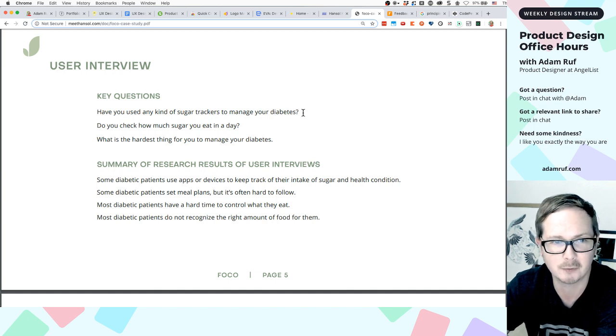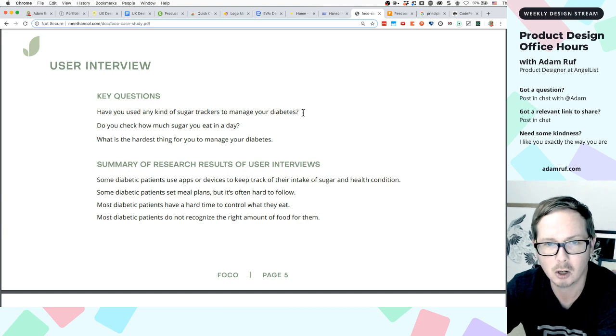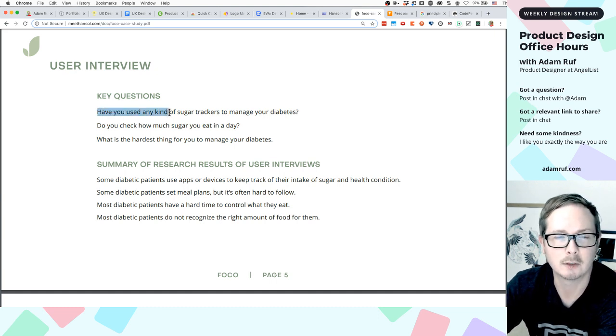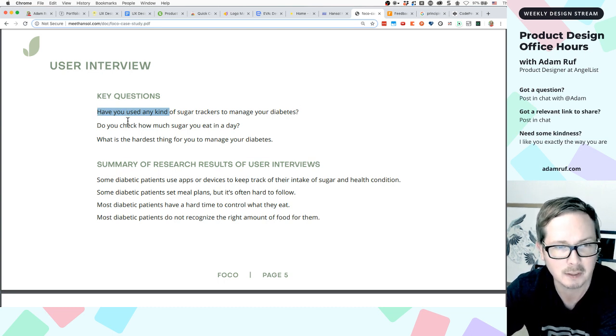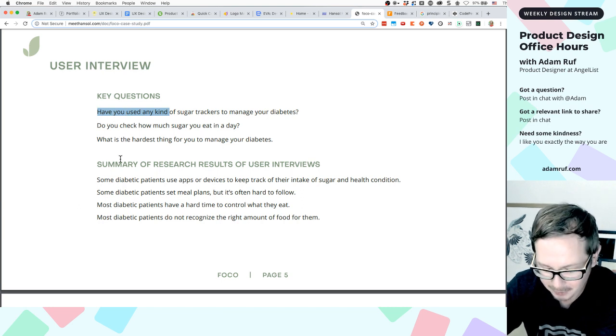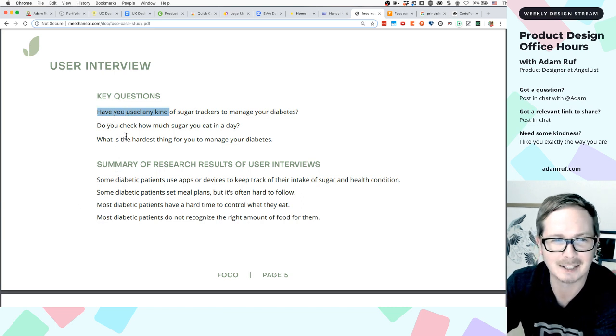On the flip side, if they say yes, have you used any sugar trackers? Now I need to ask another question. Oh, you have? Which sugar trackers have you used? Right? You could actually start by saying, which of the following sugar trackers have you used? List a few common ones. I'm thinking more of surveys actually. Forget listing common ones. I gotta remember this is a user interview, but rather